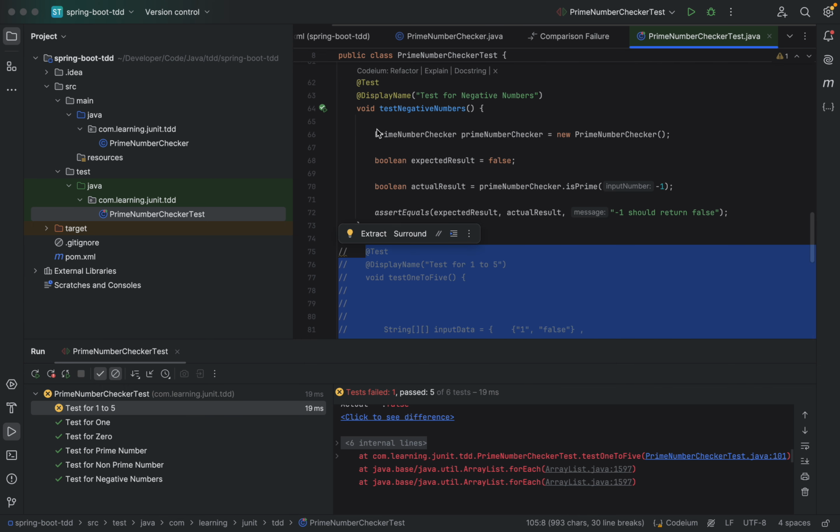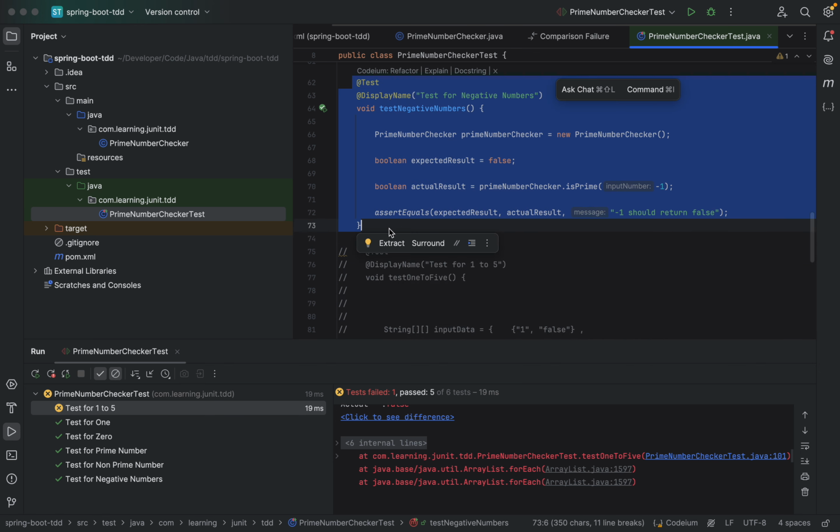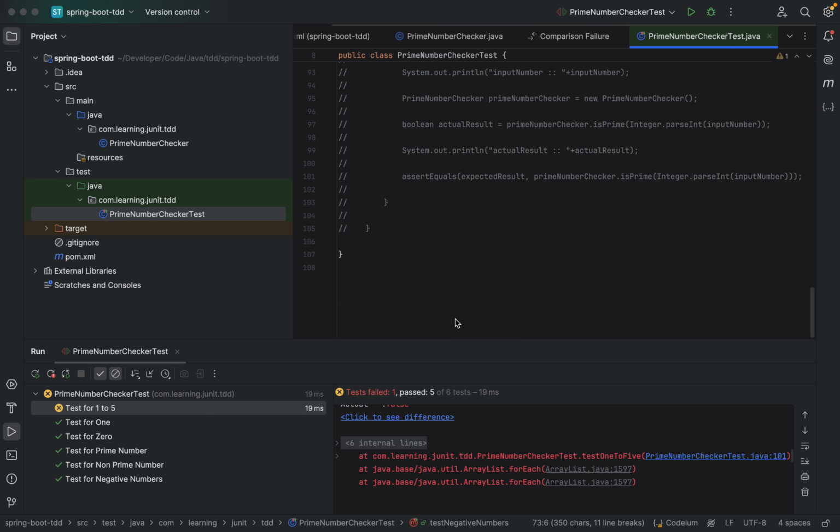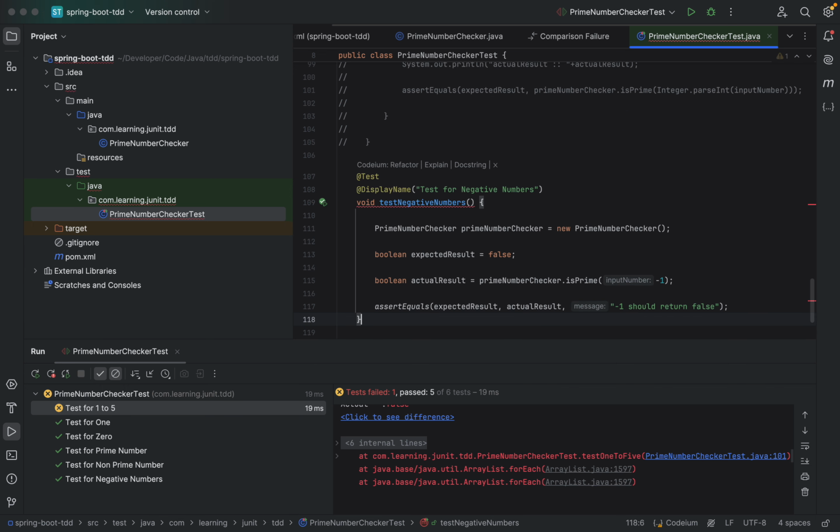So for this, I'll write one more test, nothing but test for 1 to 5. And instead of the test, I'll use a parameterized test here. Test 1 to 5. So for this, what I'll do,